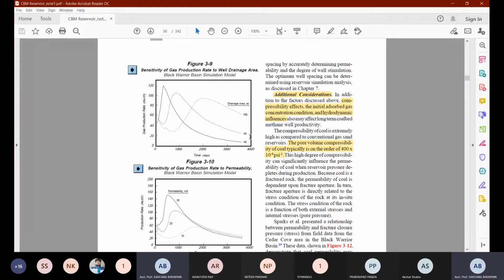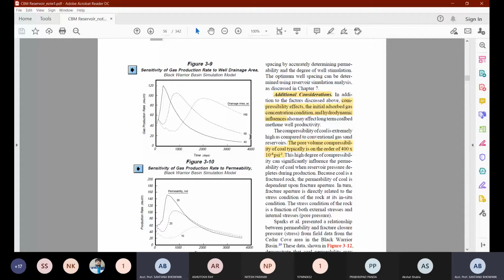Again, one point to be noted: as the drainage area increases, the possibility of gas production also increases. So you can see that after a prolonged time the gas production is much higher from the higher drainage area,